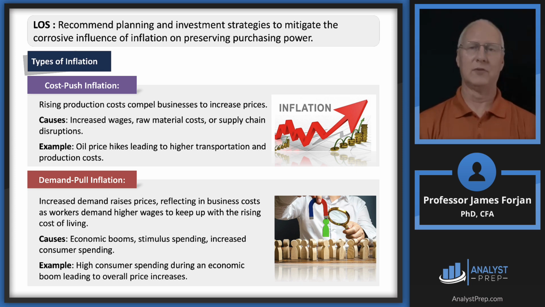The clear example of this, and there are two of them, but over the last decade or so, we've had lots and lots of volatility in commodity prices. We've had spikes in lumber prices. We've had spikes in copper prices. We've had spikes in peaches and apple prices. So all the businesses that use those commodities inside of their operations, they're going to experience this kind of inflation. And then, of course, the other side of that is increased wages. When workers say things like, you know what, I'm not coming to work today unless you pay me more. Now, of course, there has to be a compelling reason to pay the workers more.